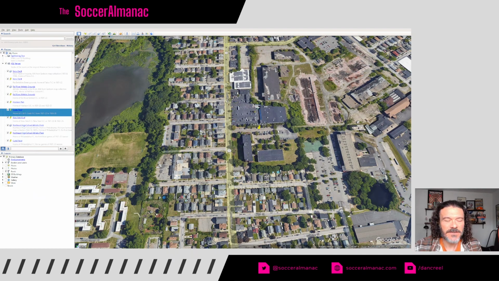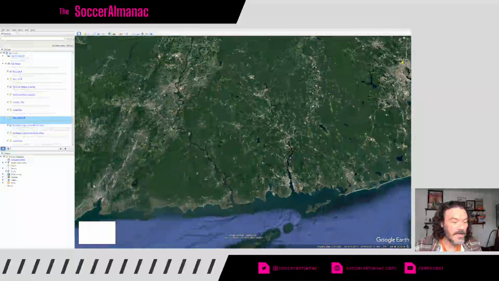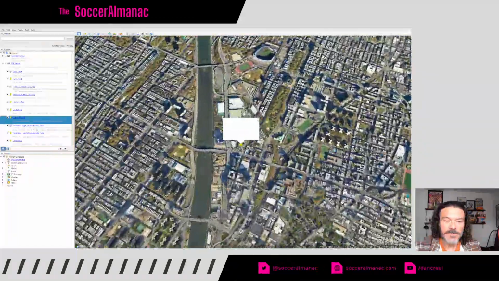There are pictures out there. I just gotta find them. Moving on alphabetically. This one, I'm not 100% on, and I'll tell you why when I get there. So we're gonna go back down to New York City.